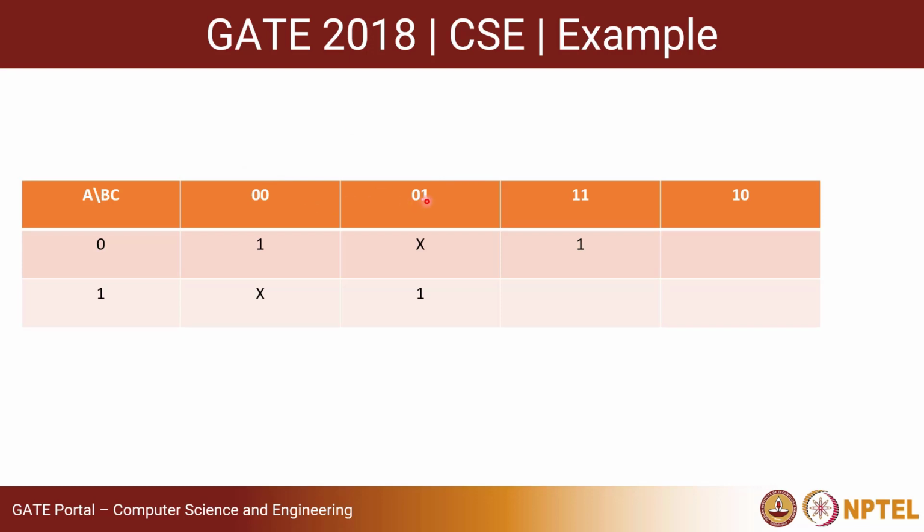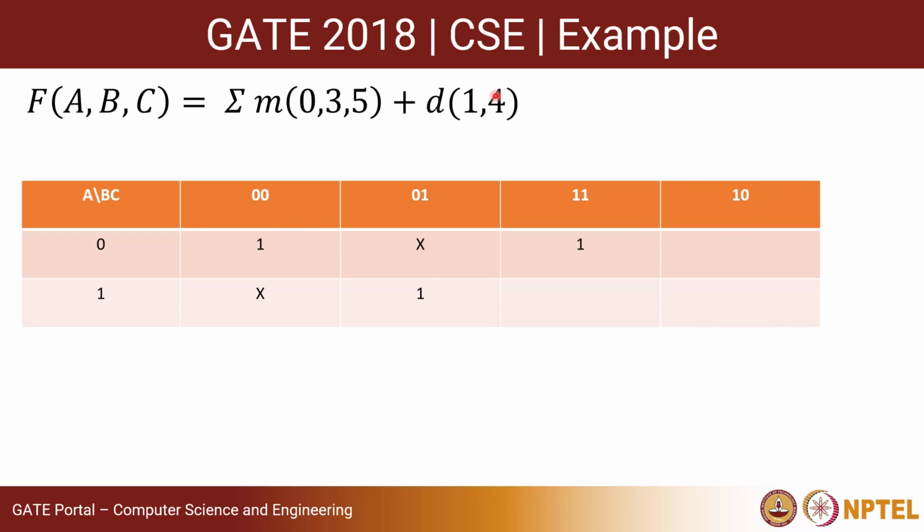So from 0,0 to 0,1, only one bit changes. From 0,1 to 1,1, only one bit changes, and from 1,1 to 1,0, only one bit changes. Now we were given this Boolean function, so we have represented it in the form of a K-map. To read the K-map, A is 0, BC is 0,0,